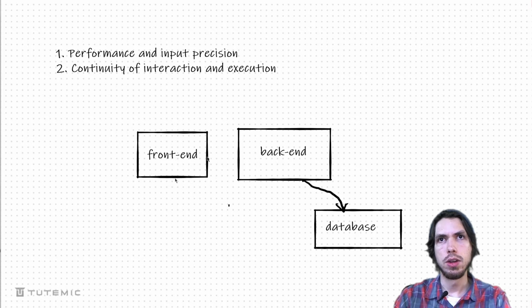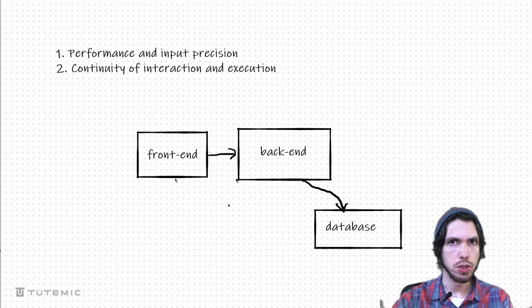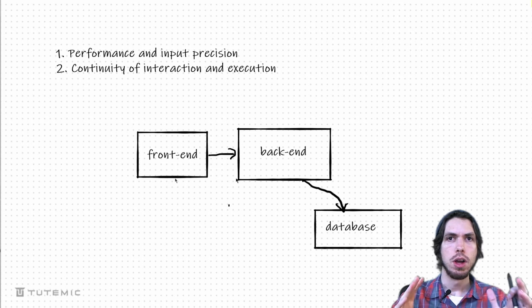And then the front end, the user makes a particular request, and that goes to the back end. The back end grabs the data from the database, and then that information is served back to the user in the front end. And this kind of process is very common in most types of application development. However, the flow of execution is often just really staggered, right? So on the front end, the user will make a request, right?